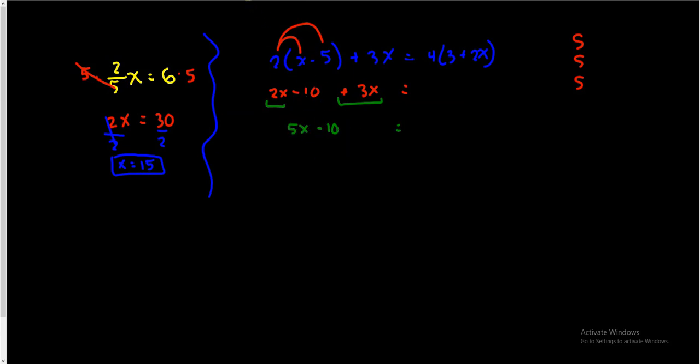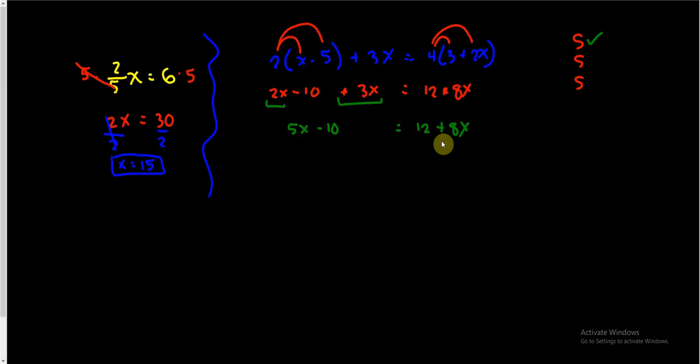So we want to do that to the other side as well. This one has some distributing. 4 times 3 is 12, and 4 times 2x is a positive 8x. And now there's no like terms to combine, so I can just bring this on down. 12 plus 8x on down. So we've simplified both sides. Now I need to